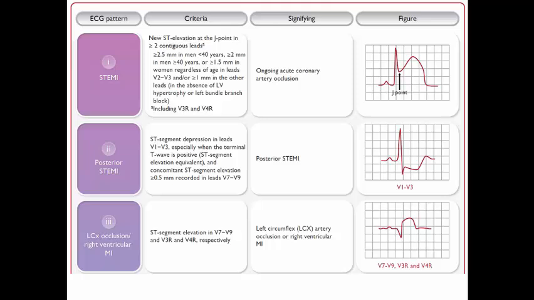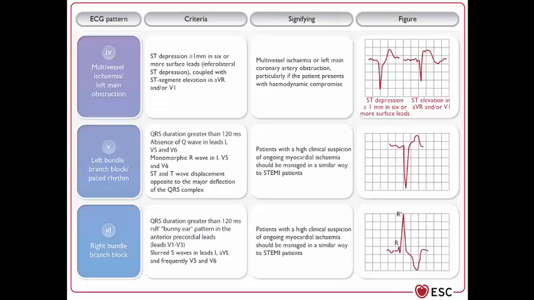at the J points in 2 or more contiguous leads with the criteria that we mentioned, evidence of posterior STEMI either in V1 to V3 showing ST depression with upright T waves, or ST elevation in the posterior ECG leads, or using the right ECG leads to diagnose right ventricular infarction, and evidence of left main equivalent in the ECG